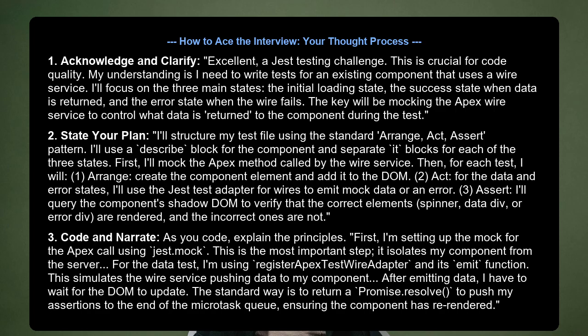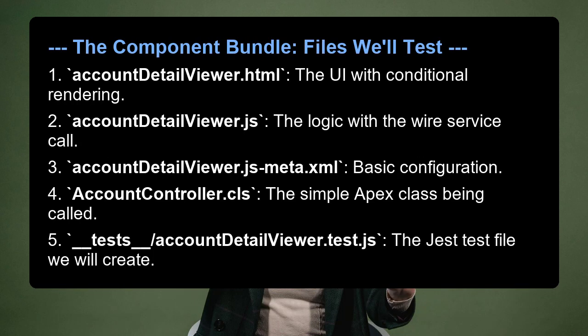After emitting data, I have to wait for the DOM to update. The standard way is to return a Promise.resolve() to push my assertions to the end of the microtask queue, ensuring the component has re-rendered. The component bundle,